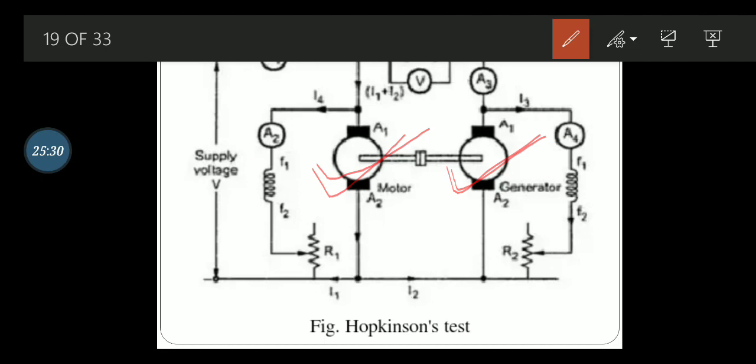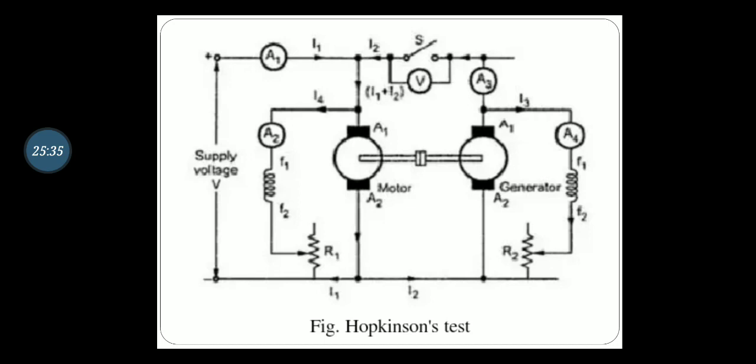Now, as you know, both the machines are coupled to each other, so obviously we have to set it in such a way that the potential across the switch comes to 0. How to set it? In order to do this, the excitation of the generator is to be set, so that the voltage across the switch becomes 0.